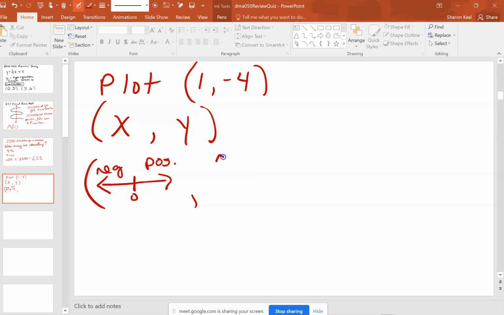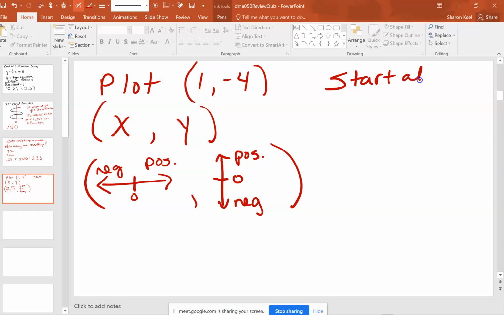The y value either goes up if it's positive, down if it's negative, or if it's 0, it stays on the line. So when you're plotting, you will always start at 0, 0, which is the point of origin. And from there, you're either going to go left or right, and then up or down. So if we're plotting 1, -4,